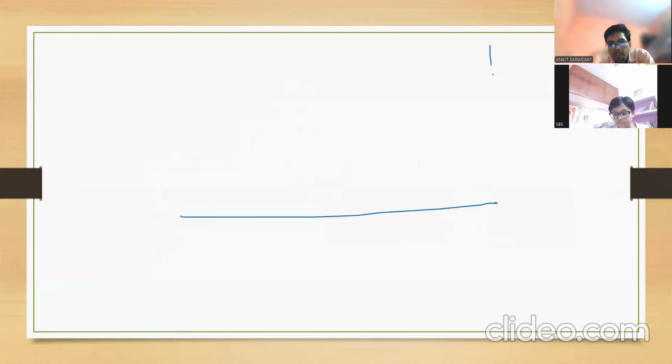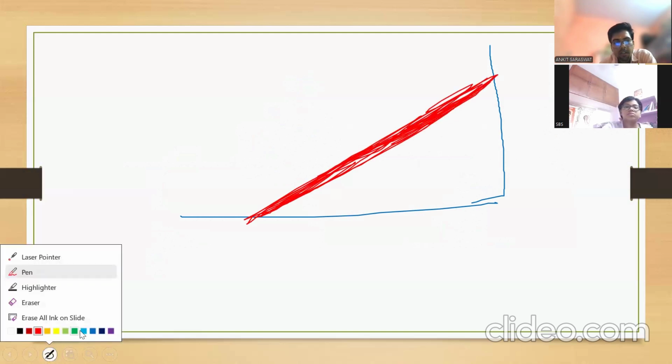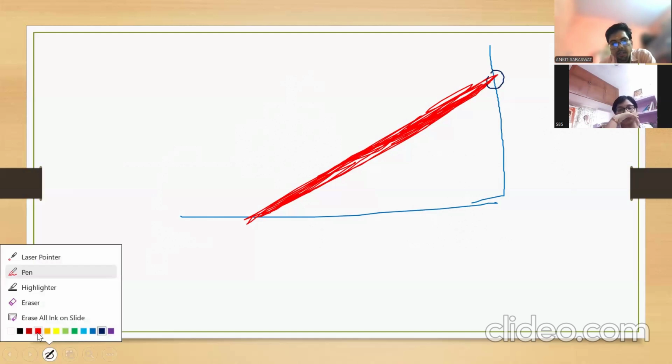If a wall is given, and a rod is placed like this. This is a rod, okay? Then in the case of a rod, always check which is the dominating surface. This surface is in contact. Clear? If you look carefully,